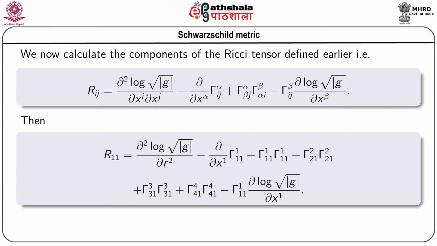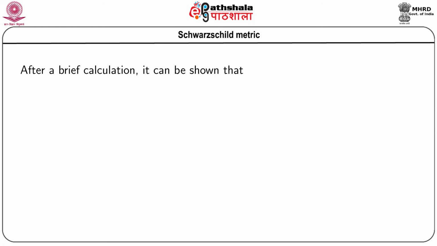That means R11 has this expression, that is ∂²log√|g|/∂r² − ∂/∂x¹ Γ¹₁₁ + Γ¹₁₁Γ¹₁₁ + Γ²₂₁Γ²₂₁ and so on. So, we can just put the values of i and j and we get the expression for R11, and again if we put the values of Christoffel symbols and the value of g, we get, after a brief calculation,